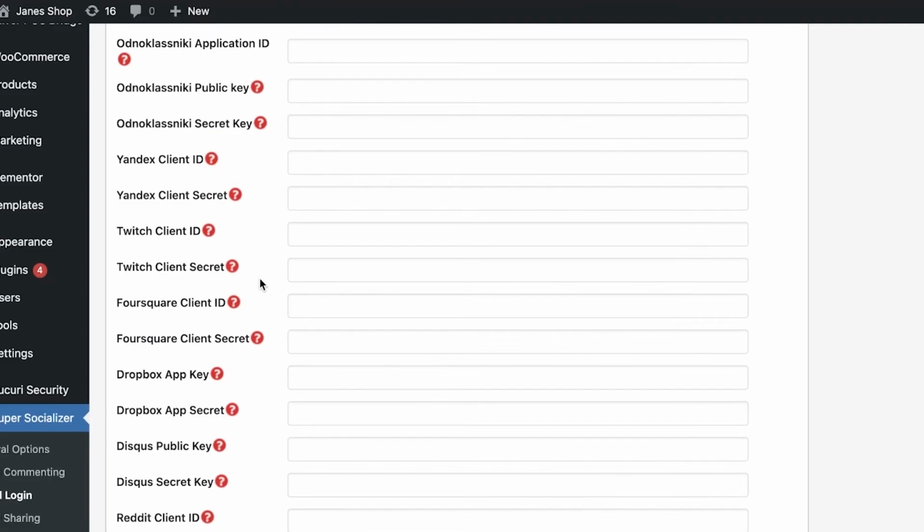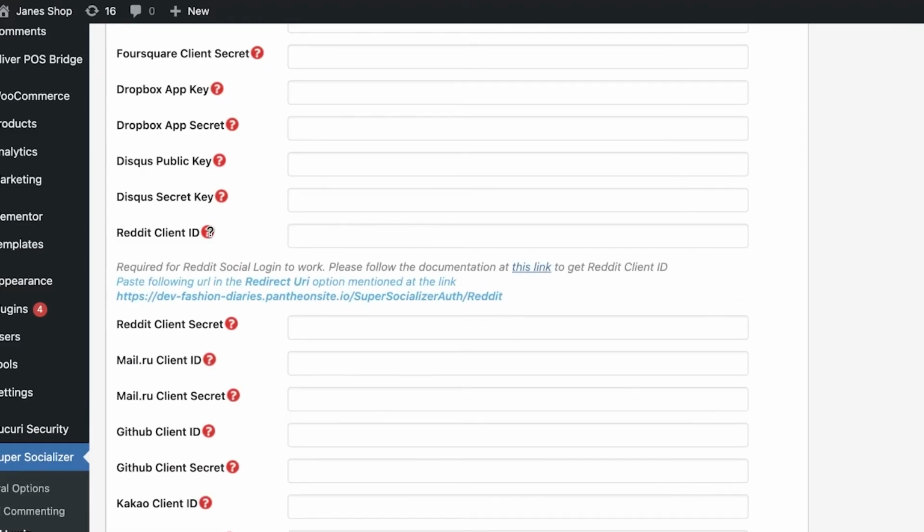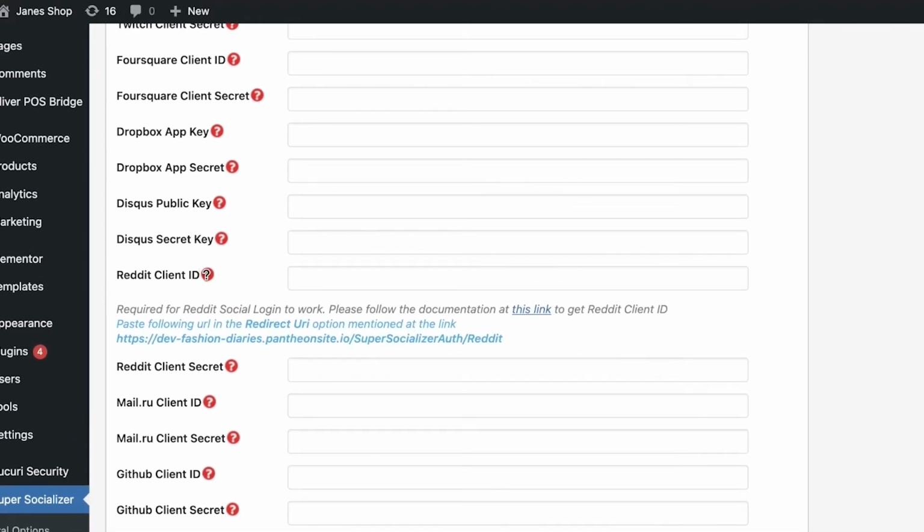So let's say instead of these two basic platforms, you want to enable Reddit client IDs because your website might be related to Reddit, or it might be better for you. So you can just click on the question mark. And once you do that, you can open up their link, and they will tell you exactly the specific process that you will have to do for the different app that you are using, because you're going to actually be